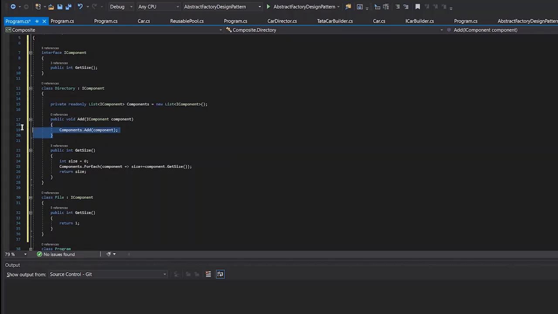So we have implemented a simple public method by which we can push a file or directory into the already existing list.